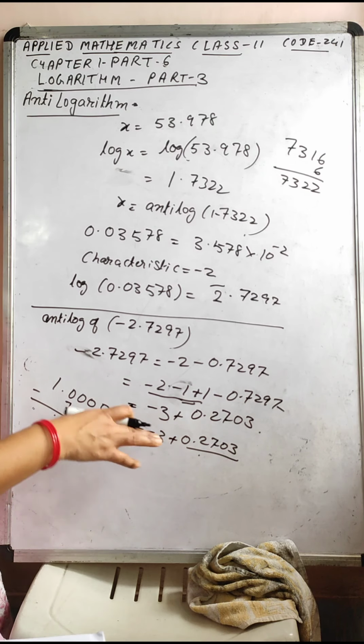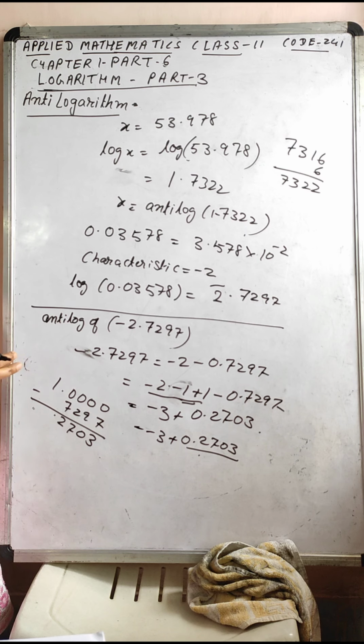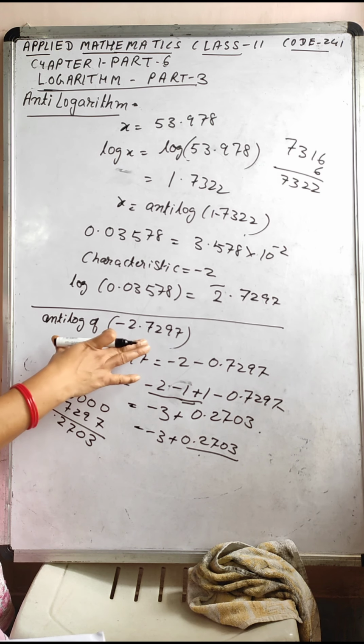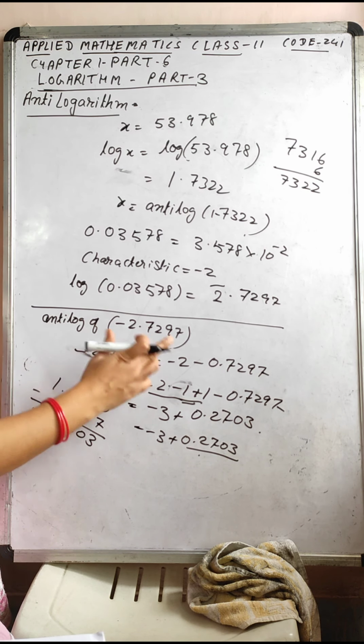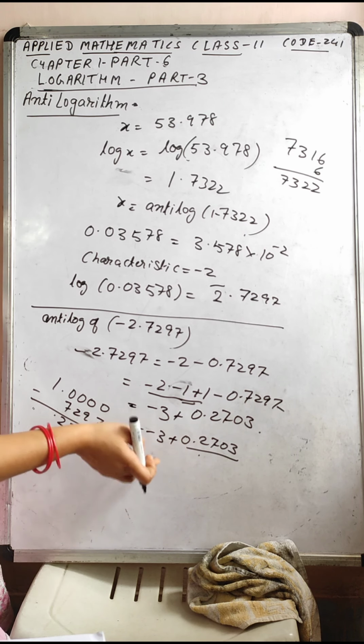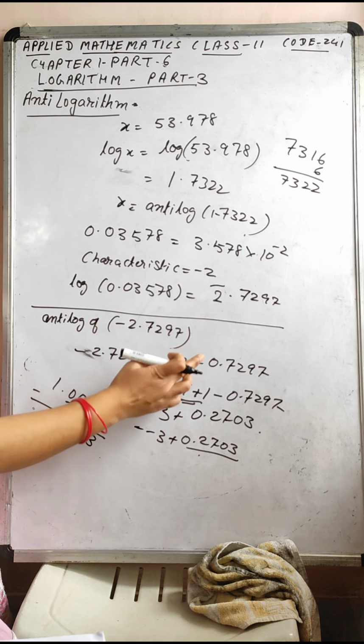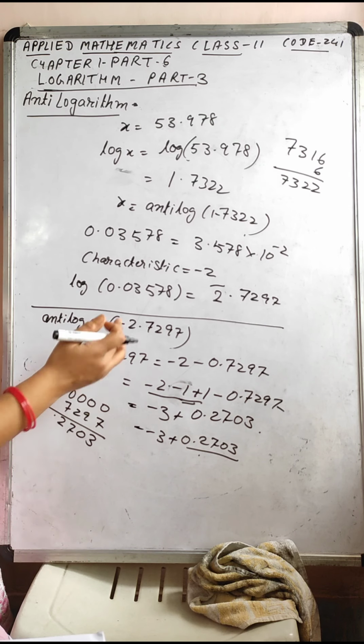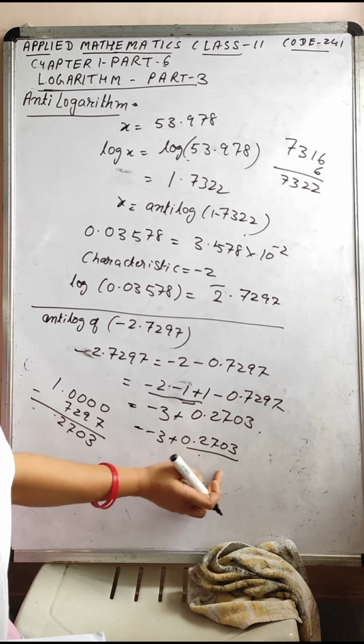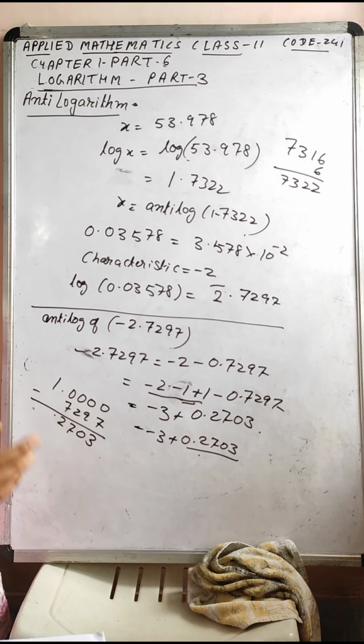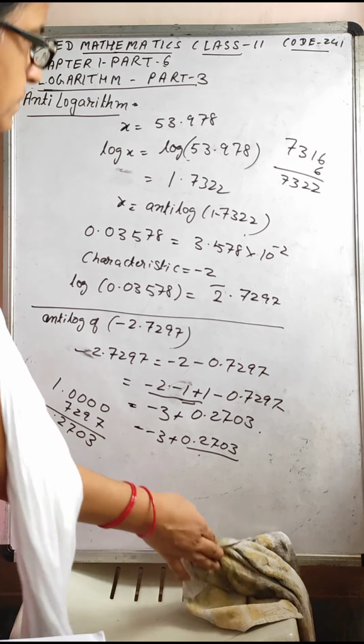So now, if any number is given with the whole number negative, we make the decimal part positive by subtracting 1 from the characteristic and adding 1 to the decimal part. Then 1 minus the decimal part will be a positive decimal for anti-log. Over here I am going to explain the algorithm of the anti-logarithm table. Let us proceed.